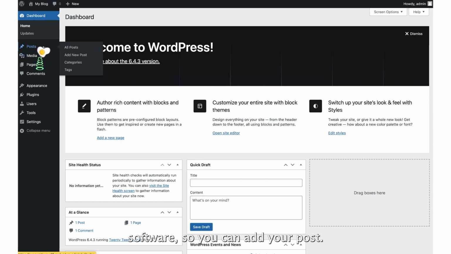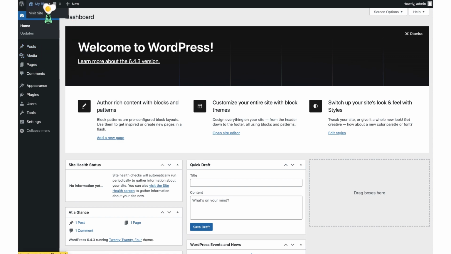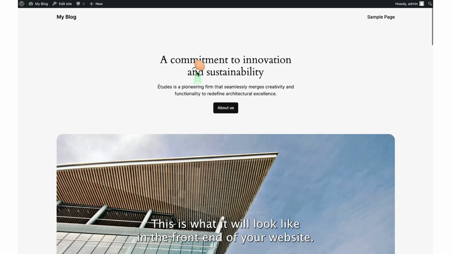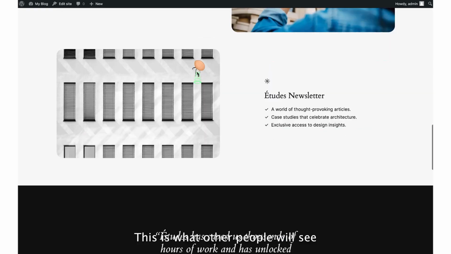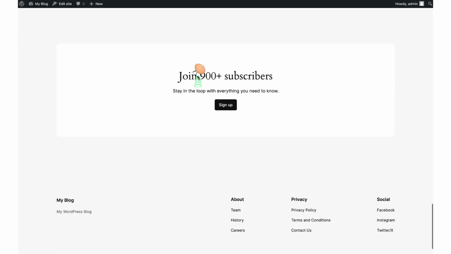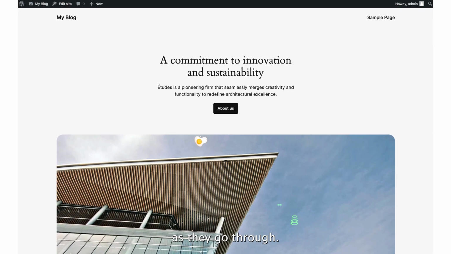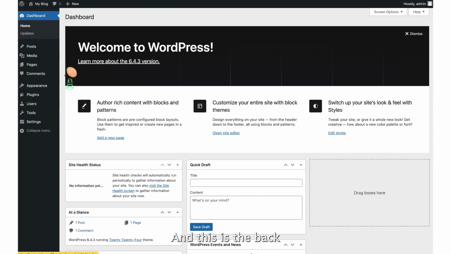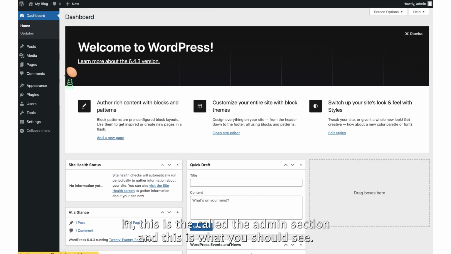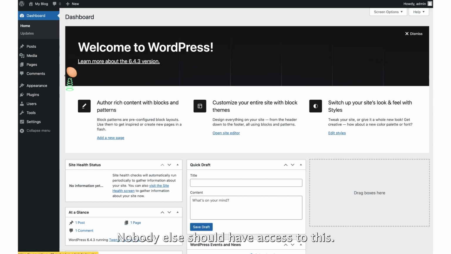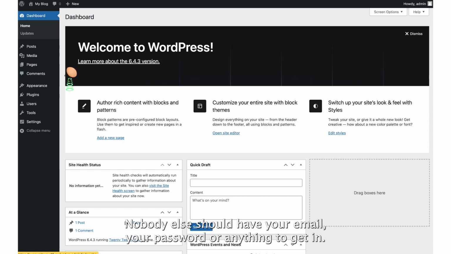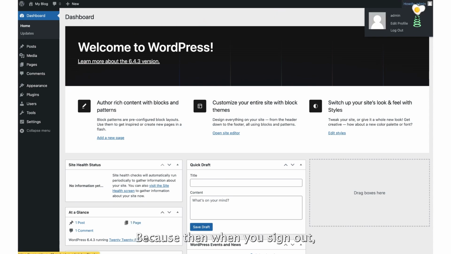So you can add your post. This is what it will look like in the front end of your website. This is what other people will see as they go through. And this is the back end. This is called the admin section, and this is what you should see. Nobody else should have access to this. Nobody else should have your email, your password, or anything to get in. Because then when you sign out,